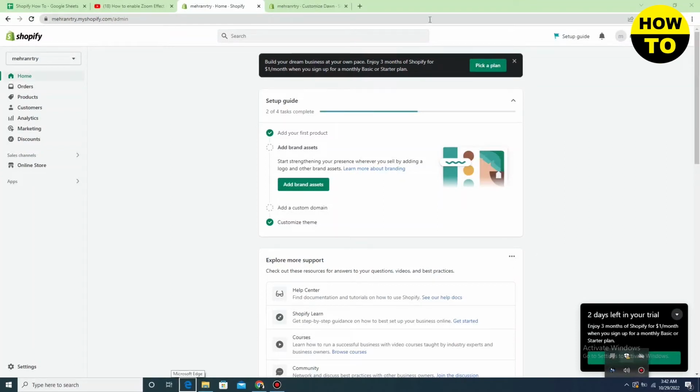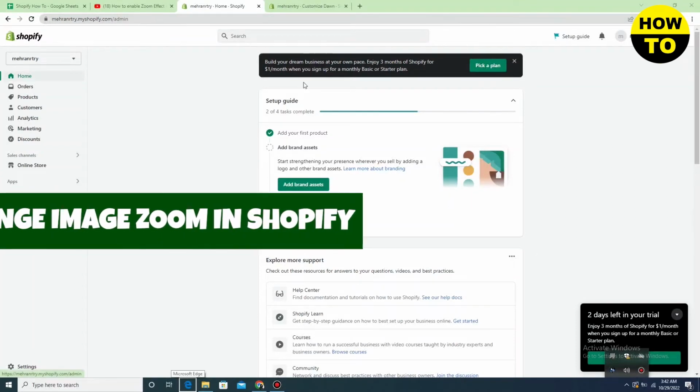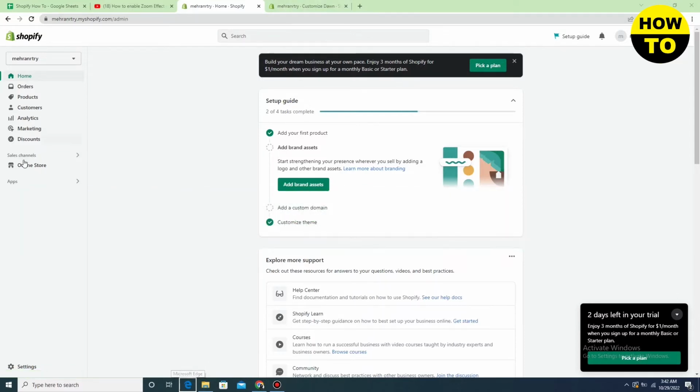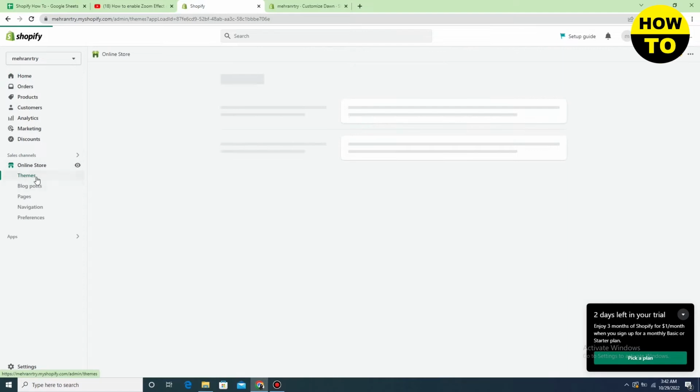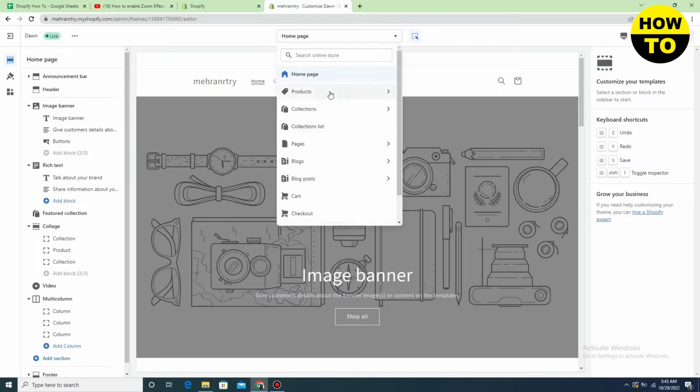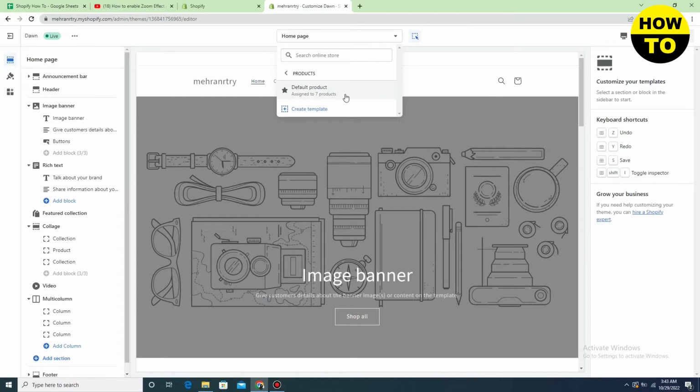So in this video I'm going to show you how to change image zoom in Shopify. Simply, in order to do this, you have to go to your online store. Now click on themes, and now our theme page is uploading. So we will move directly to the theme page, and here go to products, and now open the default